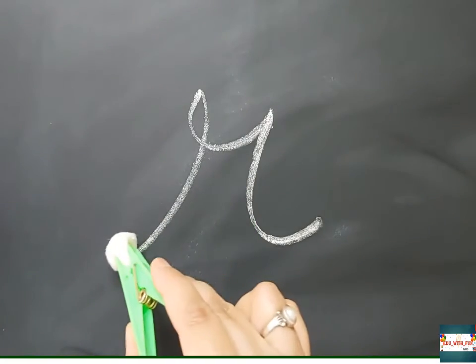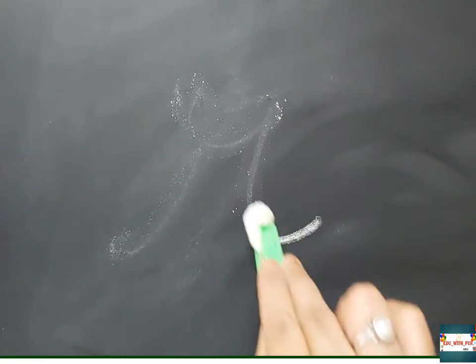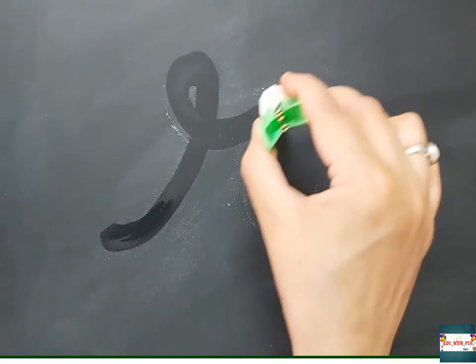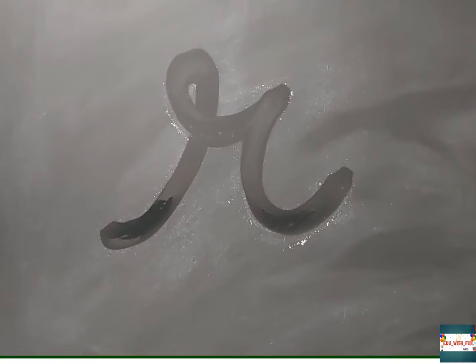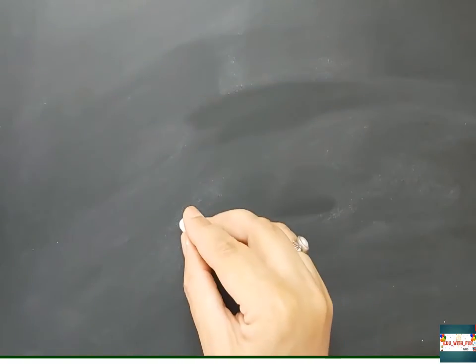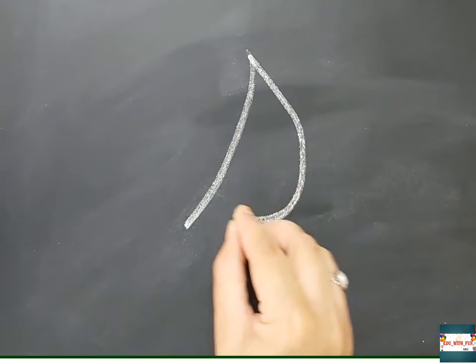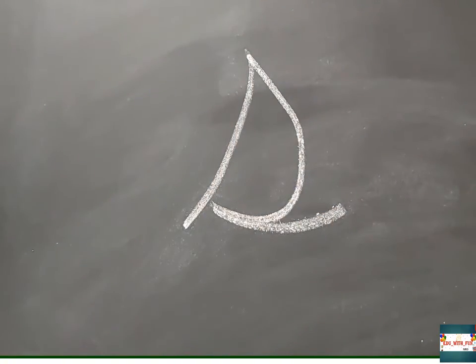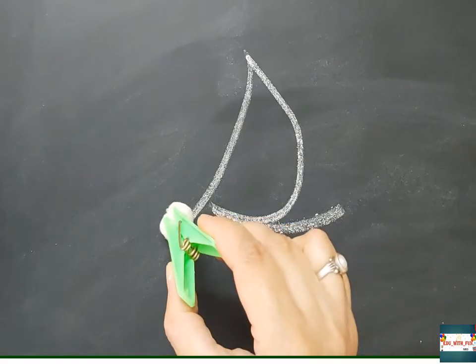I request you every time, please first parents do it properly, then teach your child properly, so that it will be easy for him or her to understand the formation. And once they know the formation, it will be very easy for them to write. And then afterwards you might not be complaining that they are not writing the letter properly, they are not doing some work properly. The problem is that in the beginning only we are not correcting them.